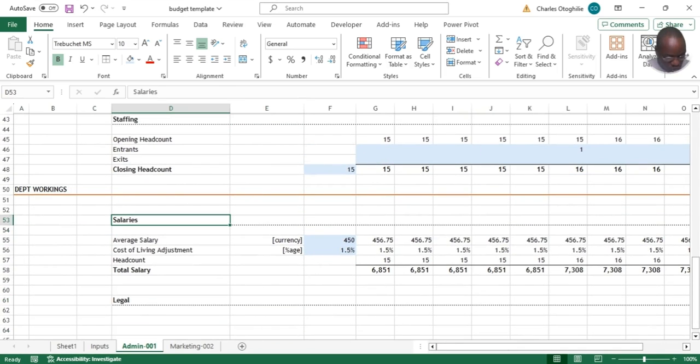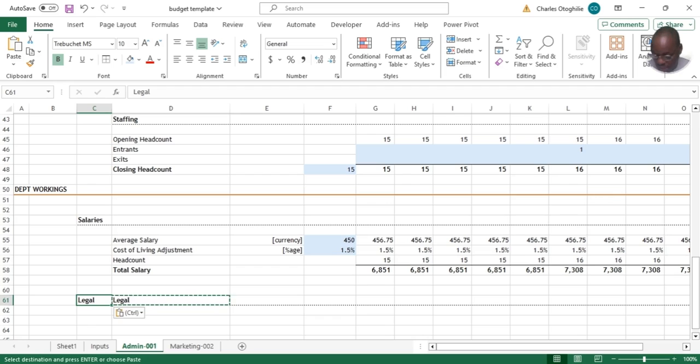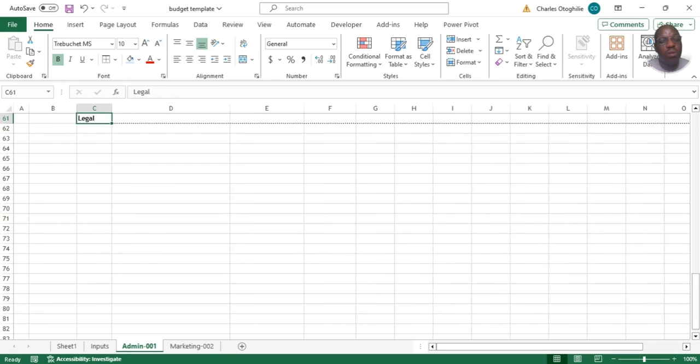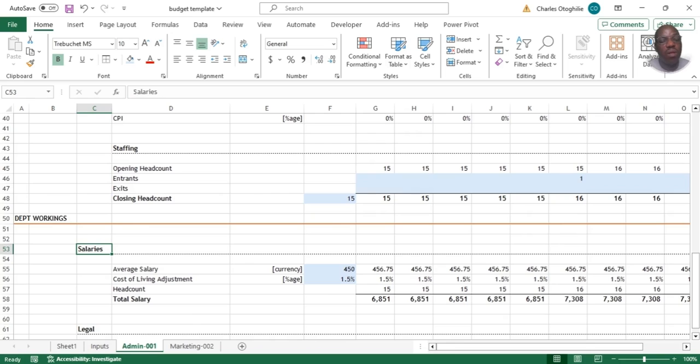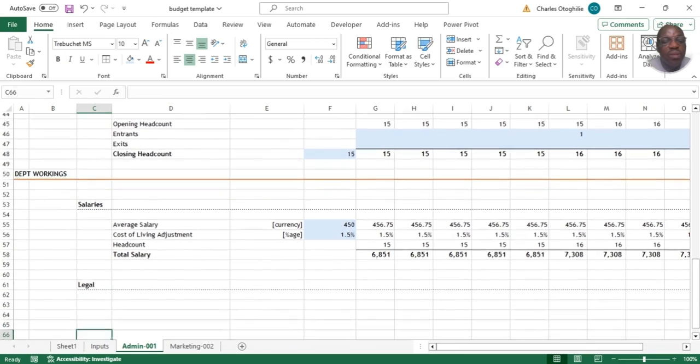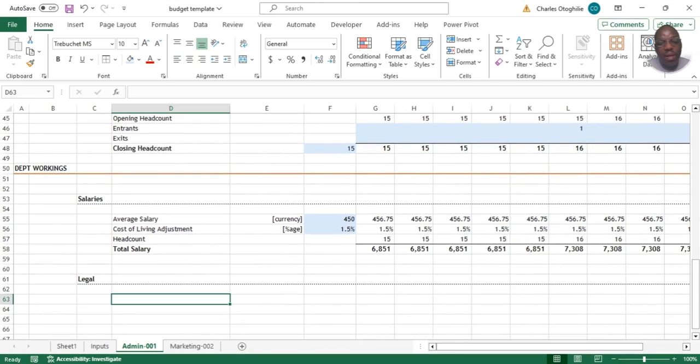So where it stops and where it starts, you can have them here. Another thing you could do is also choose to have them here, and I'll tell you why I'm doing this. Let me just show you why that is. It helps your navigation. If you hold down your control, you can run through all of the entries that are there. So this is legal, and in legal, you can come and say legal